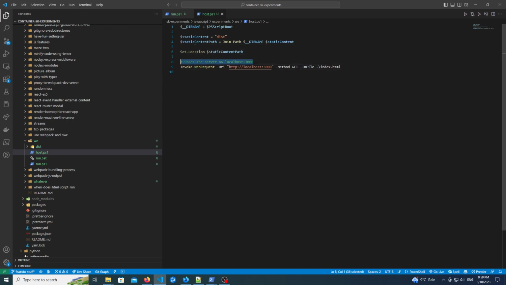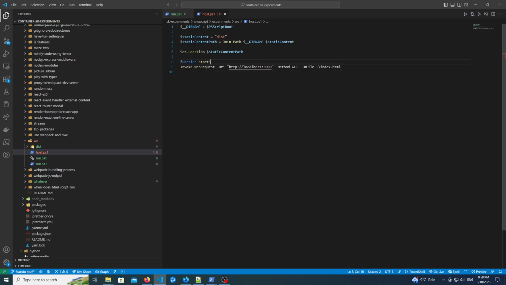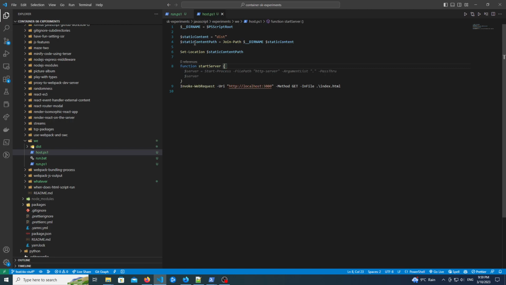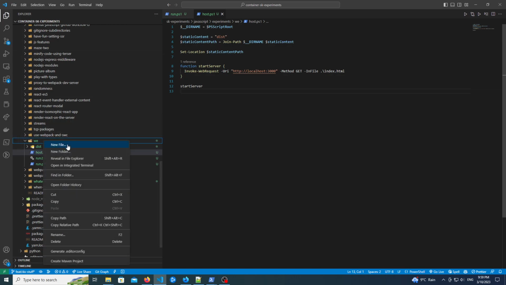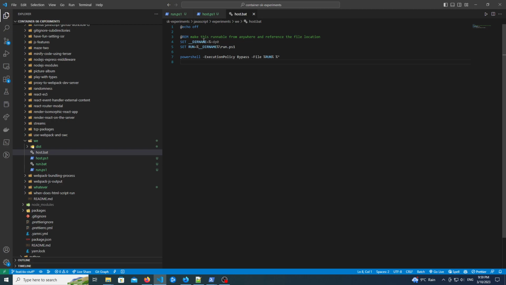Now let's see some more. Now I'm gonna add a function start server, start server. Now that should do the job, and here I'm gonna do host bat, and I'm just gonna copy the whole thing. It's absolutely terrible practice, but